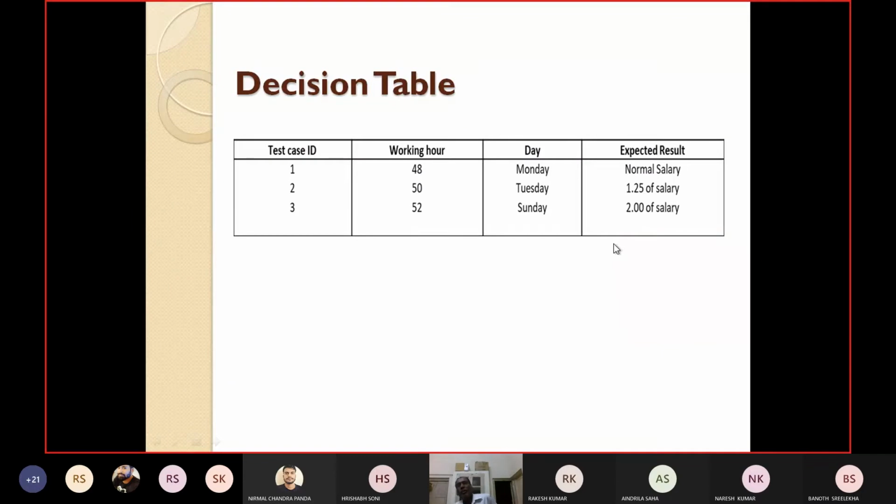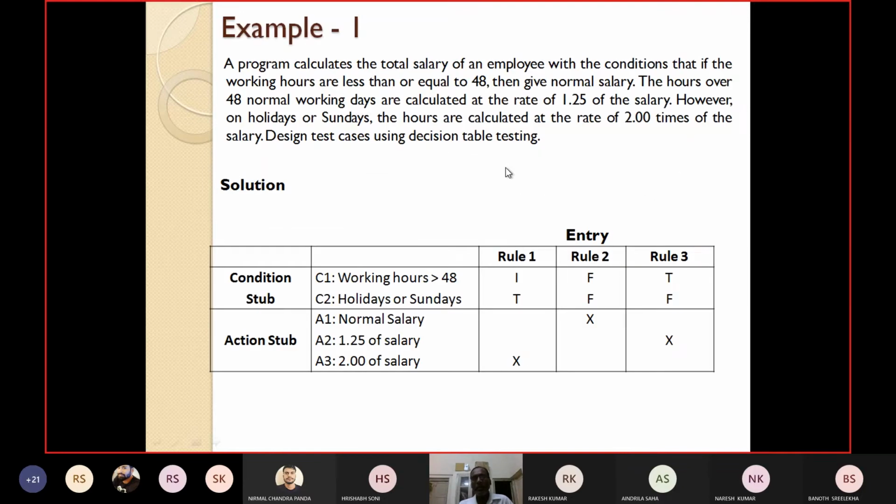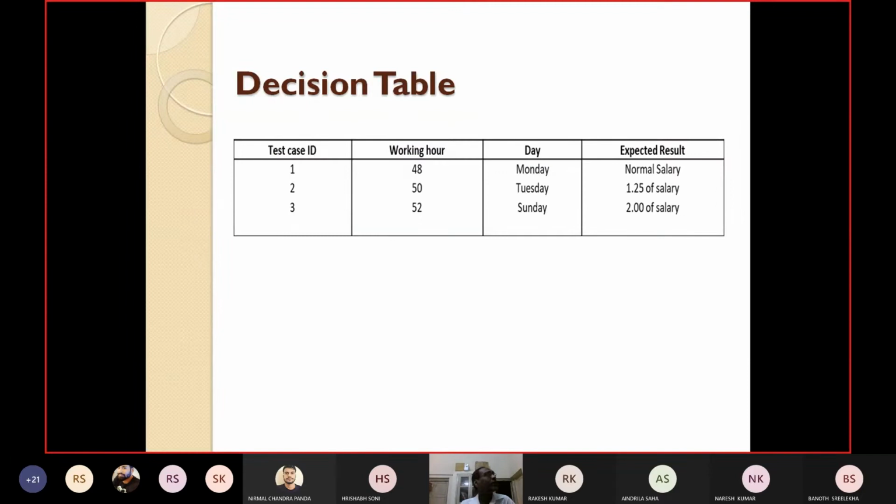So in this way, I have seen a minimum of 3 test cases are required and a maximum of 4. Let's see if you can design more. In this way, you can design the minimum number of test cases using a decision table. Here all the rules effectively become the test cases. For each rule, you write down a specific input and output, and that becomes the test case. This is how we have done the decision table.